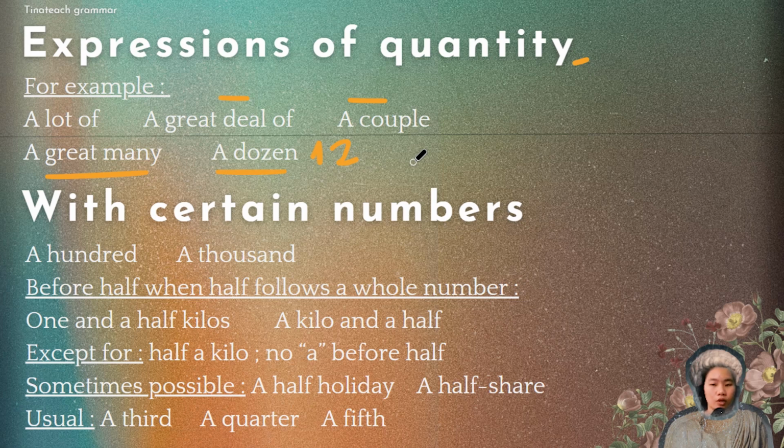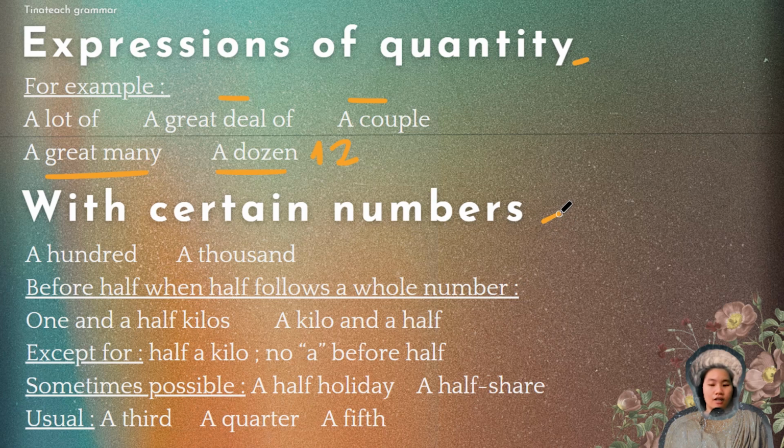One more time, you can put a in front of expressions of quantity such as a lot of, a great deal of, a couple, a great many, a dozen. You can do the same with a few, a plenty of. And next up, certain numbers. So we're getting into